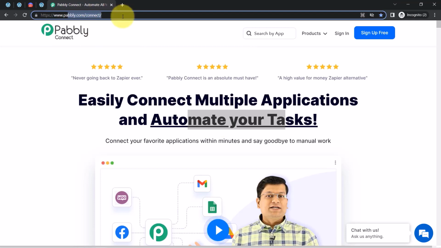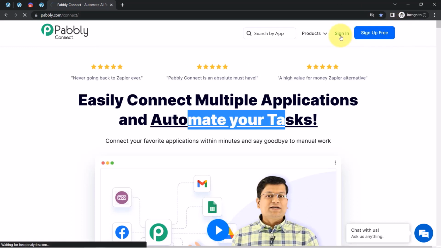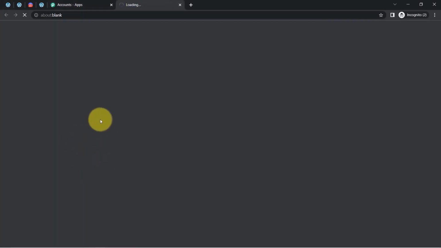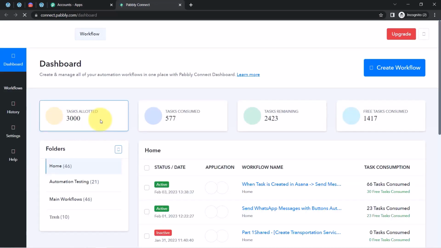Now, if you are a new user of Pabbly Connect, you will have to sign up for free, where you will also get free tasks every month in your account in order to test these kinds of amazing automation. Well, I am already an existing user of Pabbly Connect, so that is why I'm clicking on sign in. Then I have clicked on access now, and this is how I will reach out to the dashboard of Pabbly